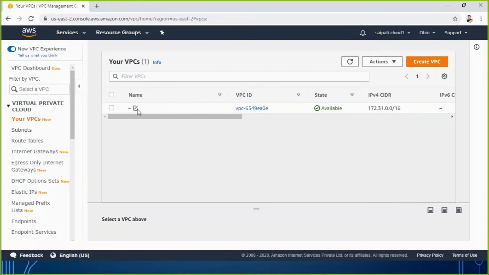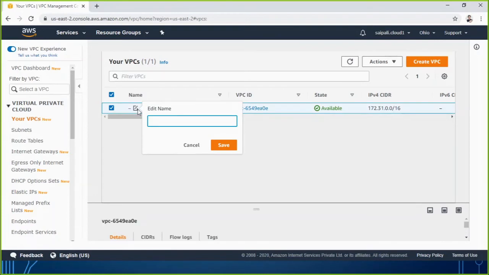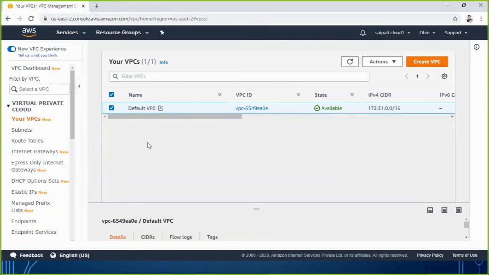So let me give it a name, because giving a name gives an identification for it. I'm just giving the name default VPC. This is the default VPC, because I'm going to create a new VPC also. So by the name I will be able to identify that this is the default one and the one we are going to create will have another name.